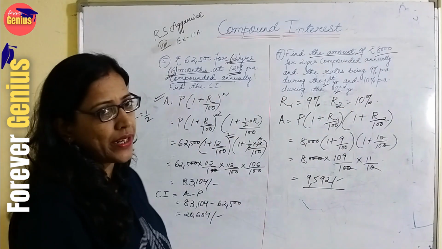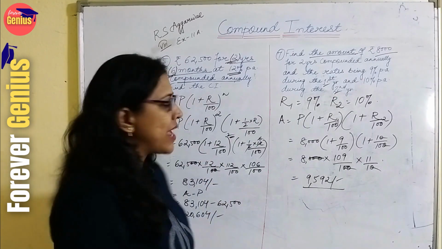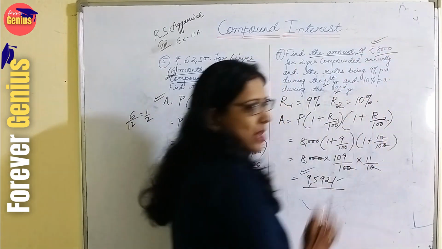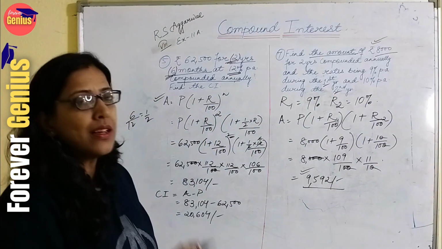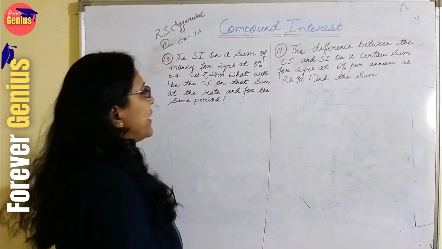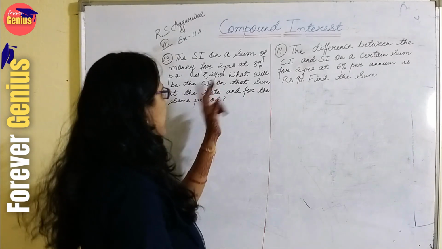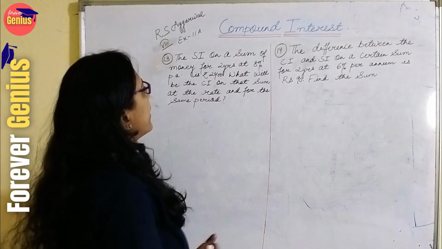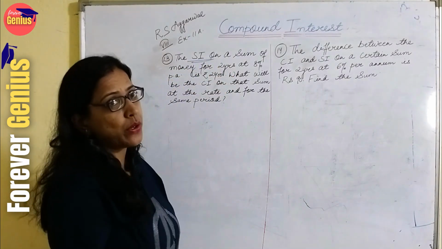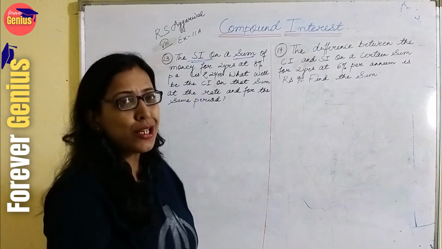Here we don't have to find the compound interest because they are simply asking to calculate the amount. But if the question had said find the compound interest, we would have simply subtracted the principal from the amount in order to get the compound interest. Now let's see some more questions. The simple interest on a sum of money for 2 years at 8% per annum is 2,400. Means, see in the question, the simple interest is given to us, but the sum means what?